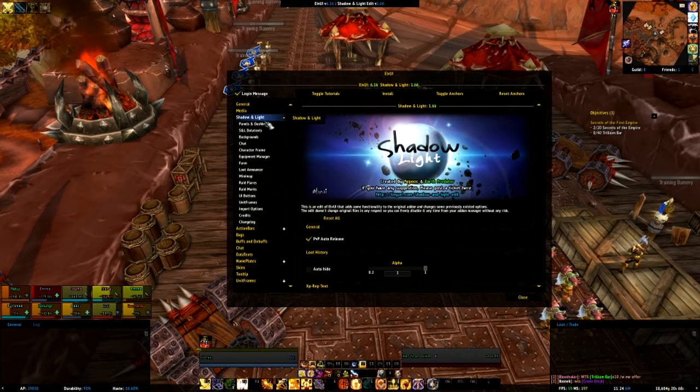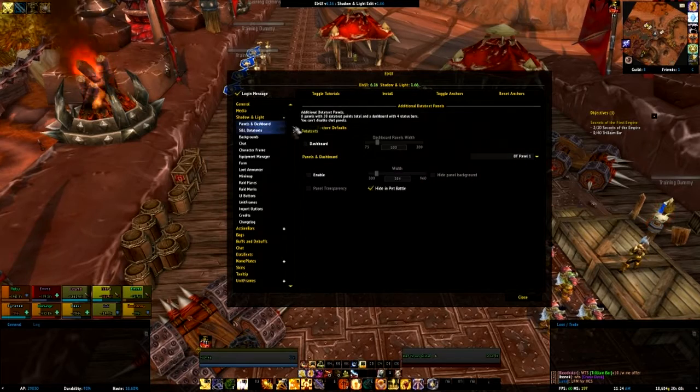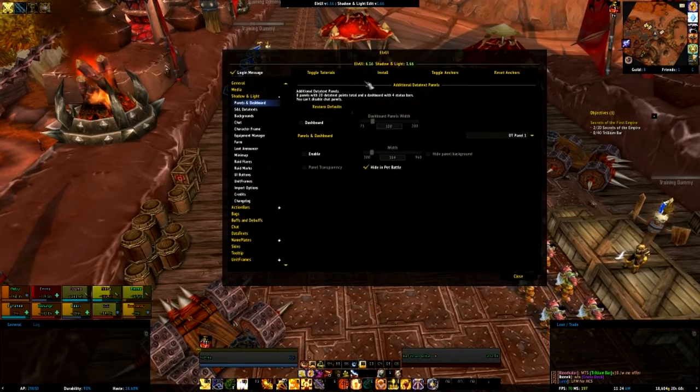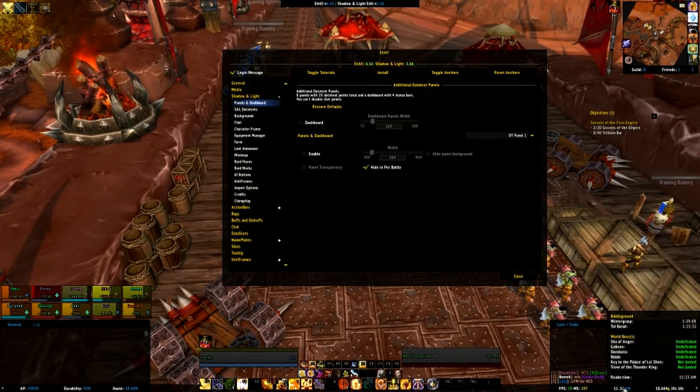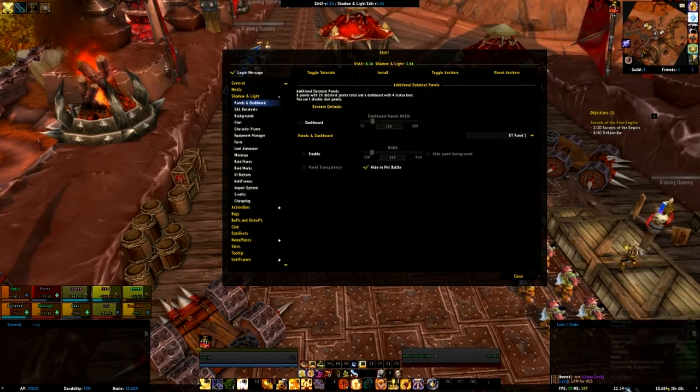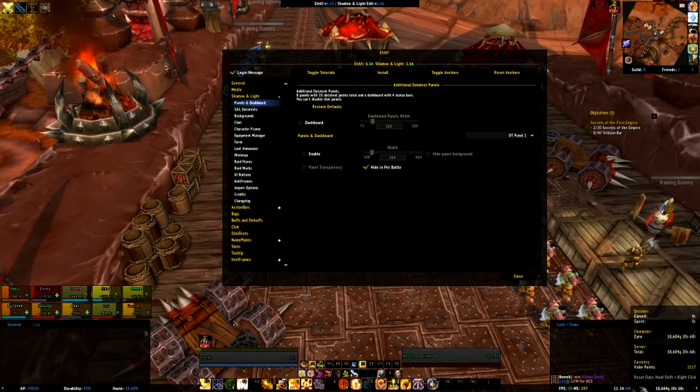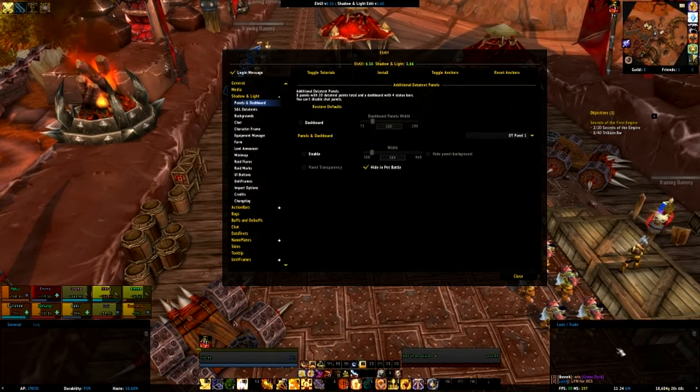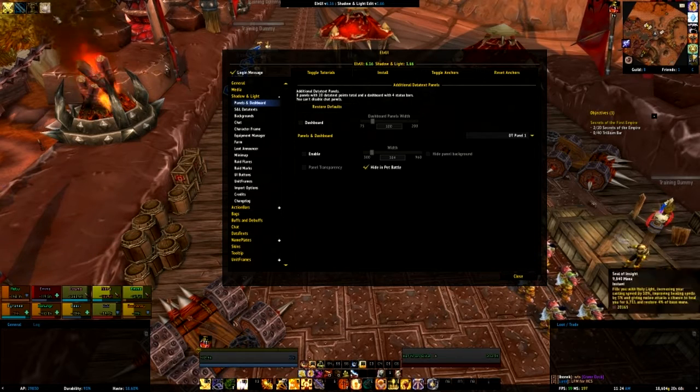Now Shadow and Light, as I said, adds extra edits and things that can be integrated into ElvUI that other people have made. Now these data text bars, which pop up, you can see there's one under my left chat, one under my right chat, and they each have a little icon slash info thing that you can hover over and get extra information from. So the Shadow and Light adds, first of all, you can configure these data text panels,